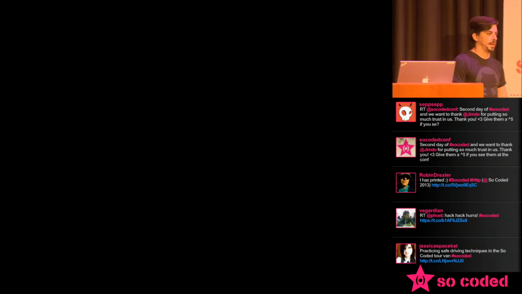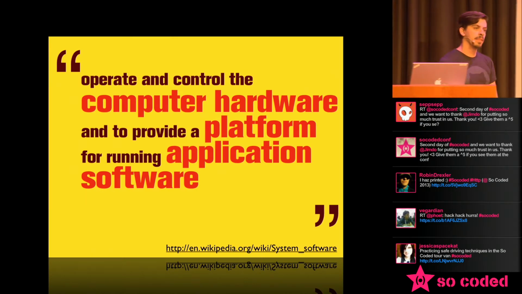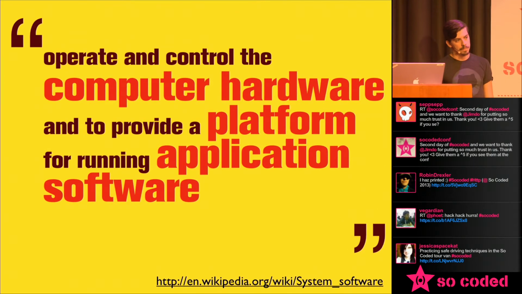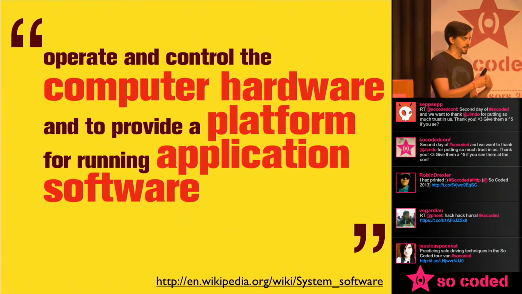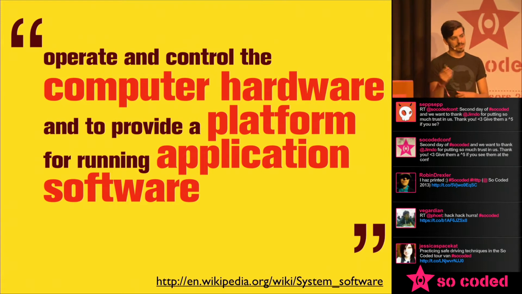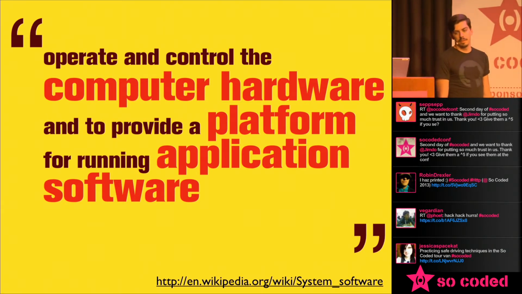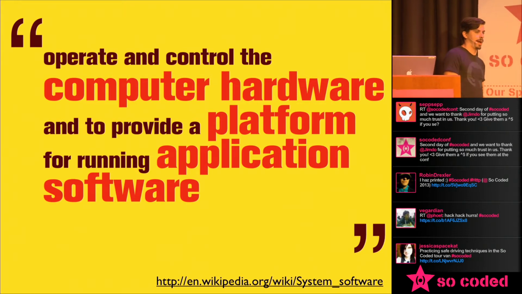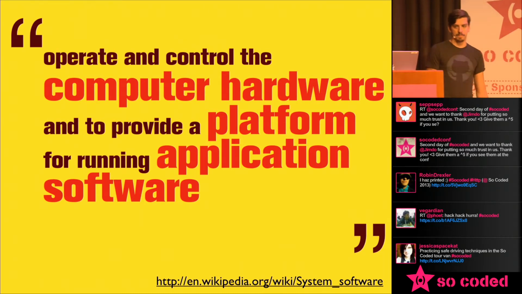So what does that even mean? What are we talking about in systems programming? This is a definition from Wikipedia. It says: to operate and control the computer hardware and to provide a platform for running application software. And I really like this definition because it breaks it into two pieces. First, we're operating the computer hardware. So this is something very low level. It's interfacing with the hardware itself, the memory, the disk I/O, the monitor, the sound card, anything like that. But we're also providing a platform for running application software, which means that this is the kind of software that other software runs on top of. This is nothing that a user's ever going to see directly, which I think is kind of interesting.